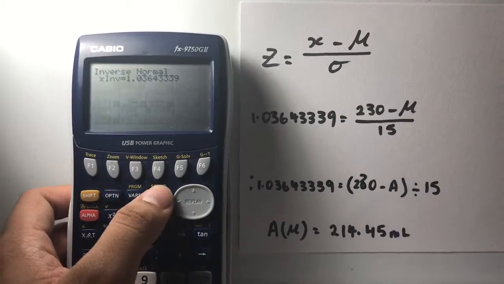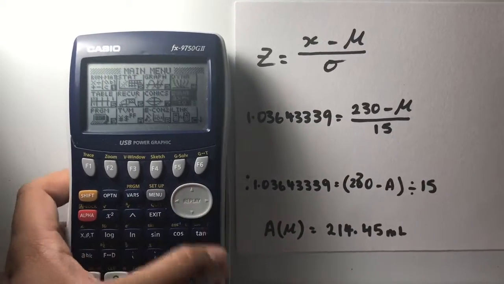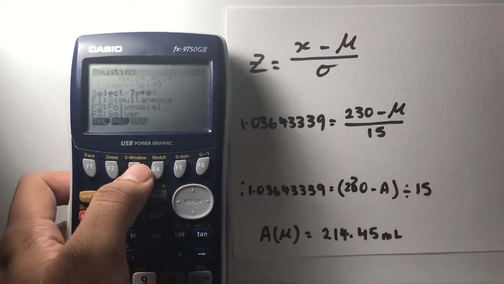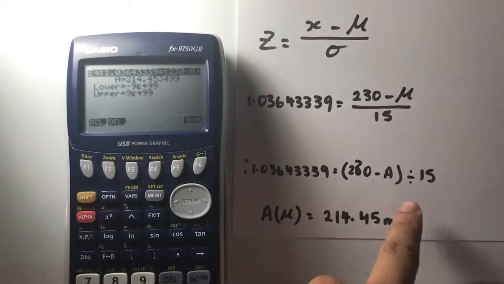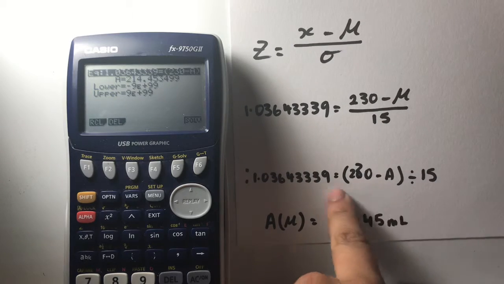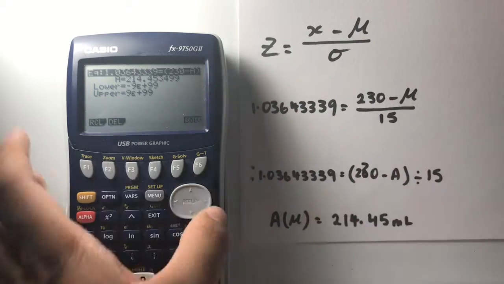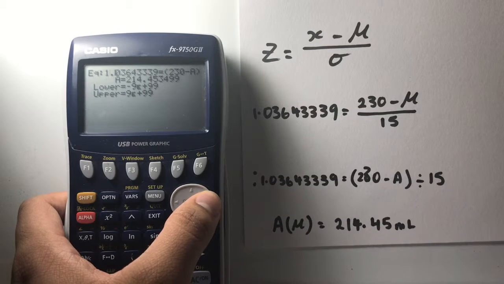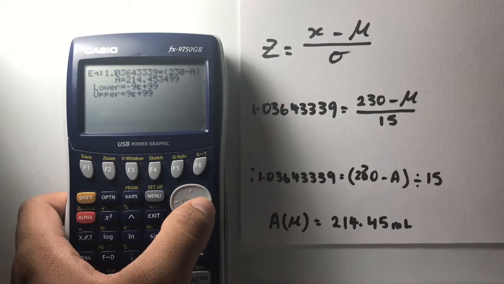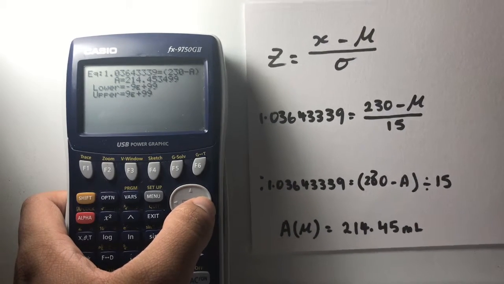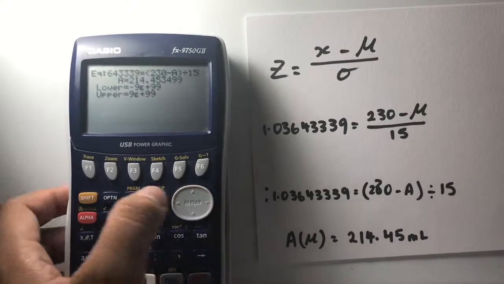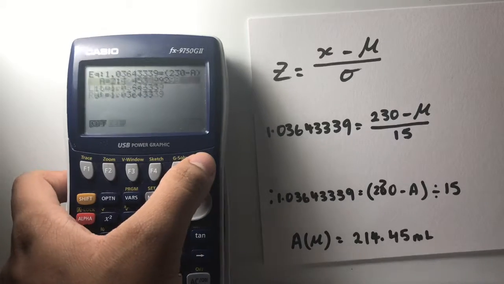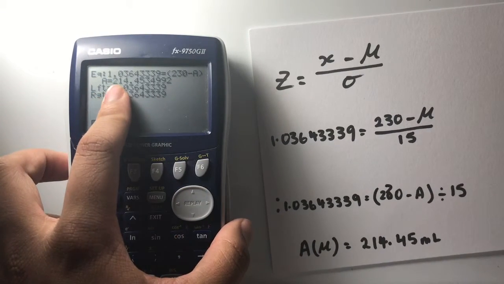And with that, we need to go to menu, we need to go to equations, and then F3, and then you write exactly that out on your calculator. Now the letter can be anything you want, just make sure that you put in brackets. So I've already done it here, so you've got 1.036433339 equals, and then brackets 230 minus A brackets divided by 15. Go ahead and press equal and then solve, and it should give you this,